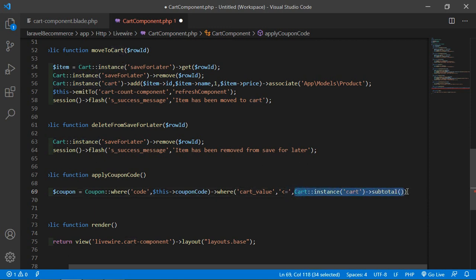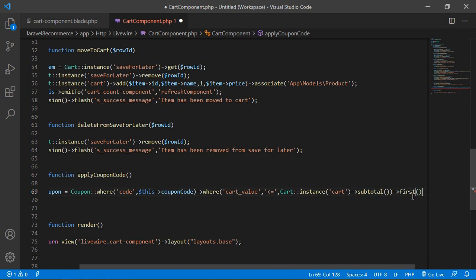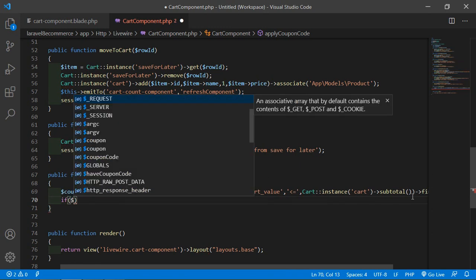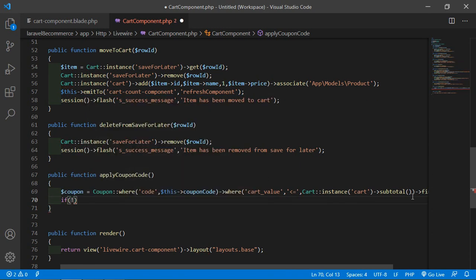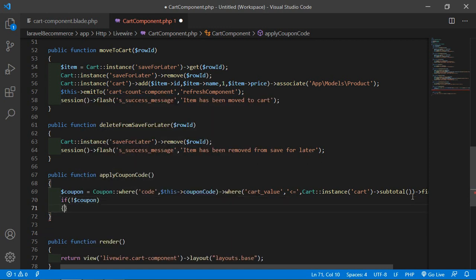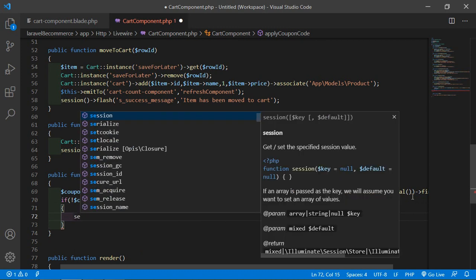then let's fetch the first record. Now add the condition: if not $coupon, then display a message.